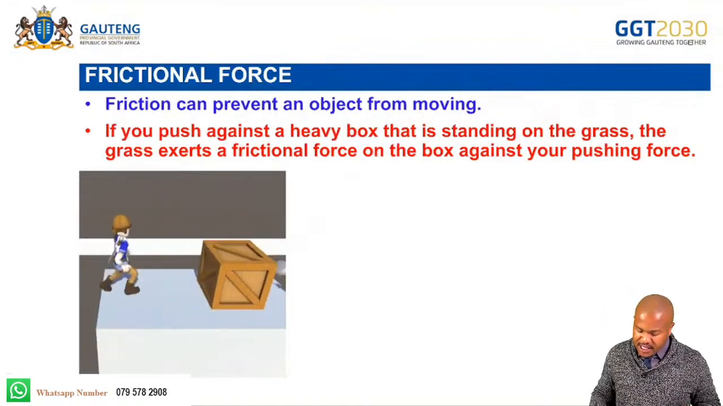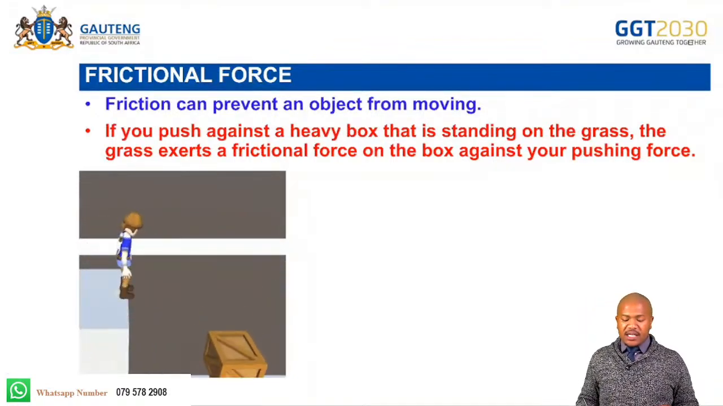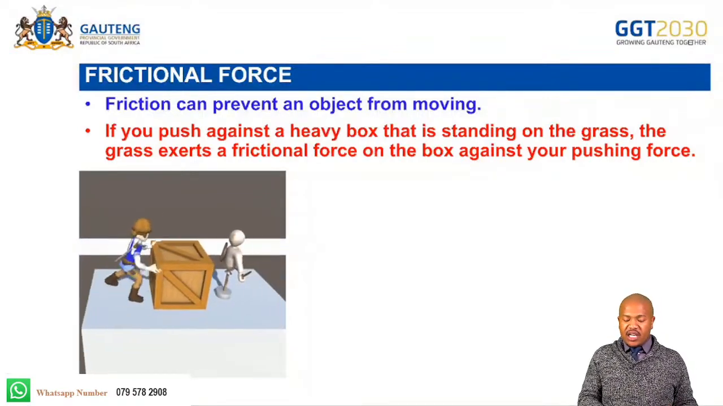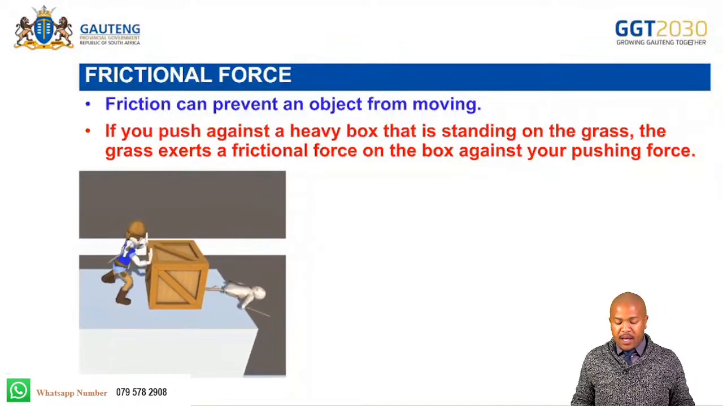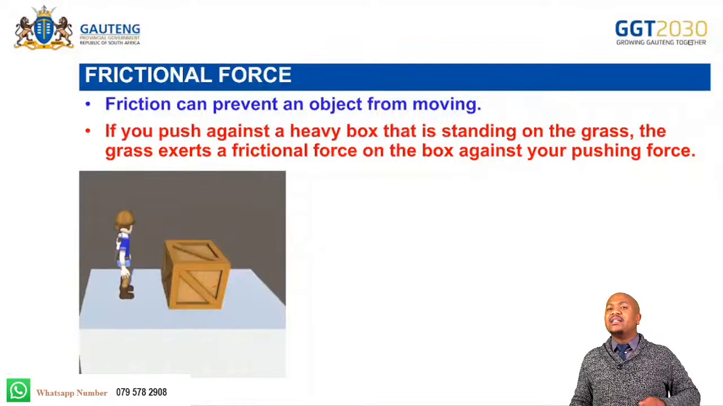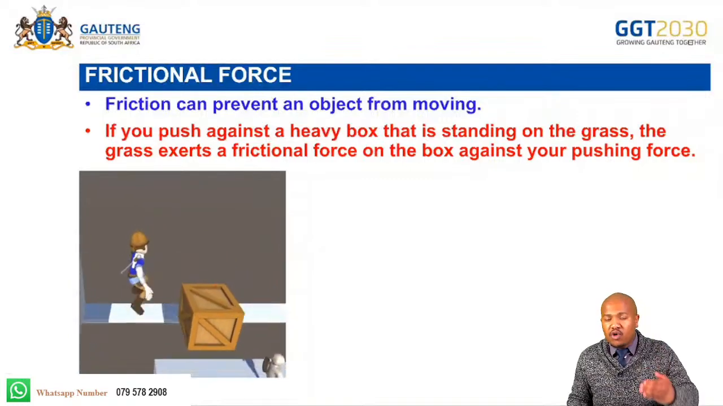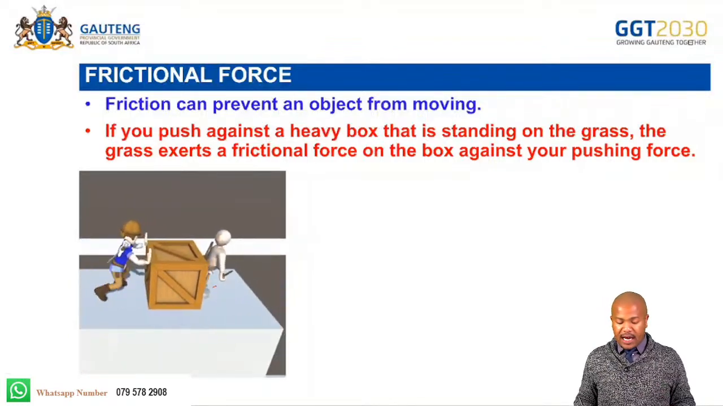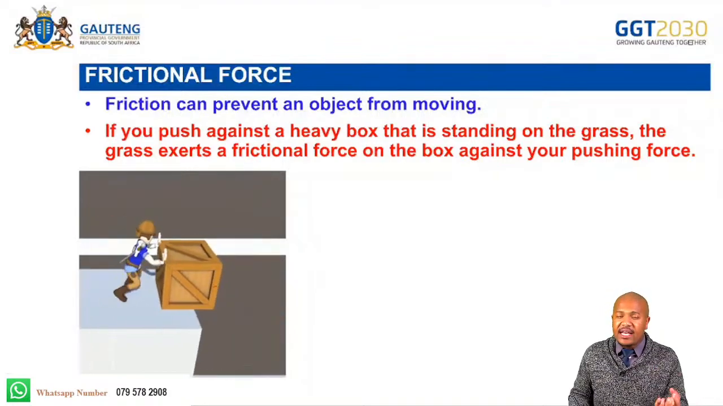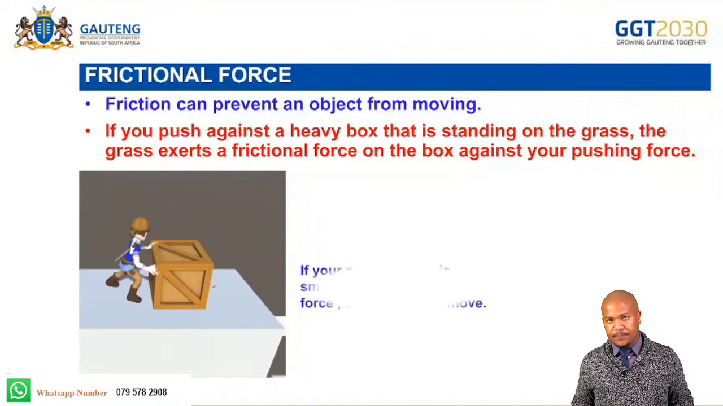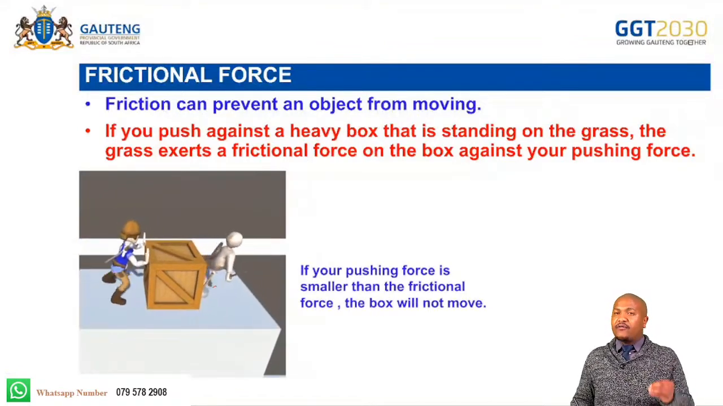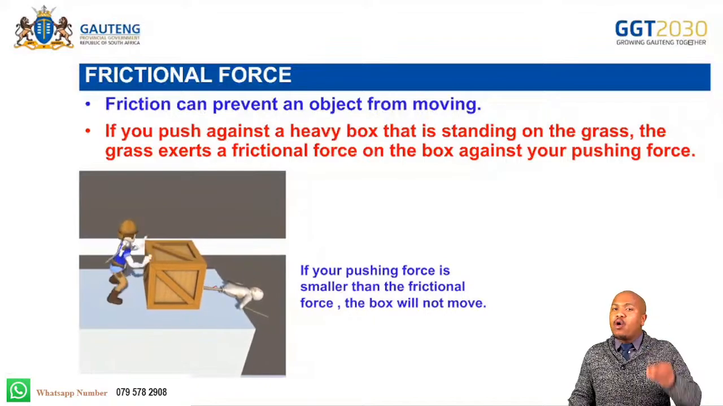So looking at this example here, this person is pushing this box, and as he is pushing, he hits an obstacle here. The obstacle now creates more frictional force, making it harder for him to push the box further. Because of what? More friction added between the surface and the box. Are we together? So if your pushing force is smaller than the frictional force, it means that the box will not